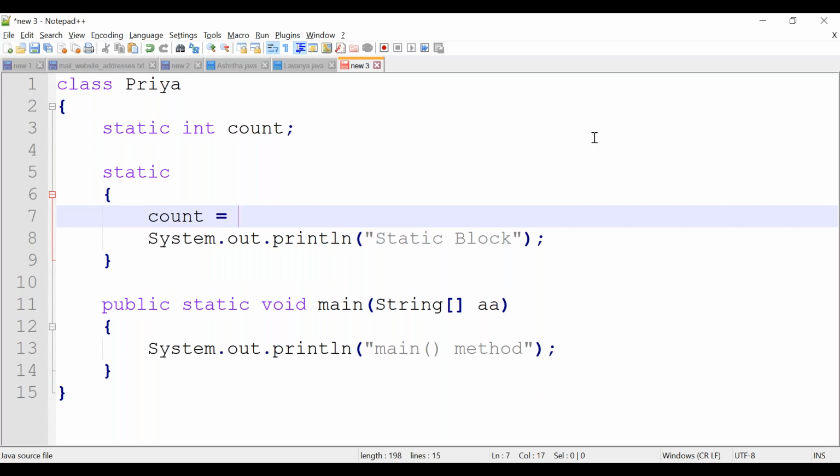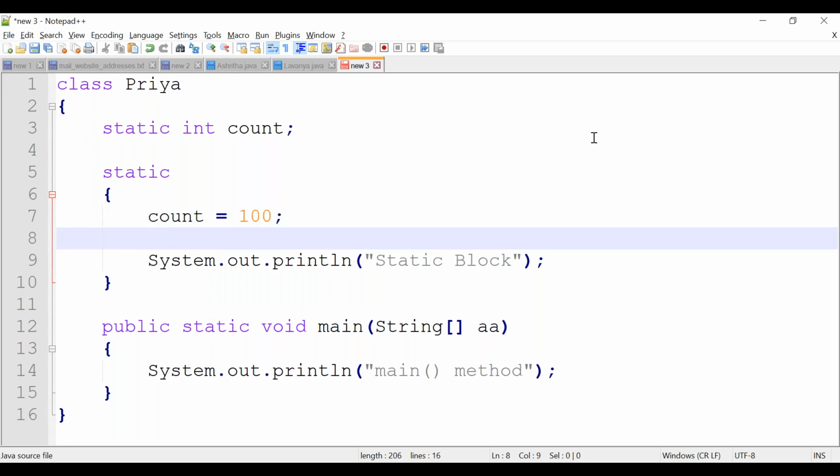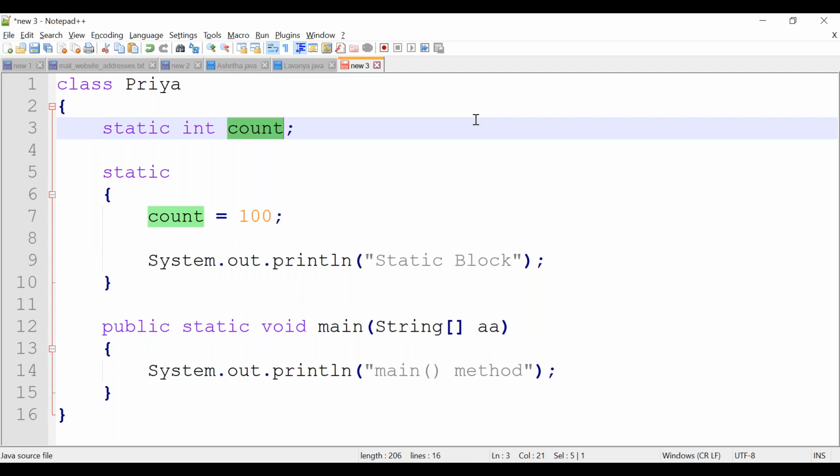What is the static global variable here? Here count is the static global variable, right? Count is the static global variable. So the same static variable we are trying to initialize inside the static block.